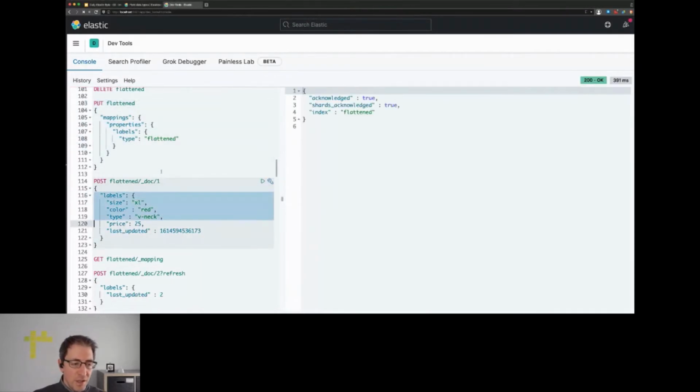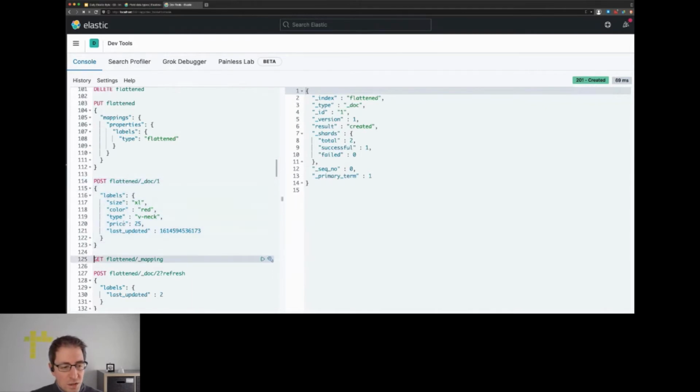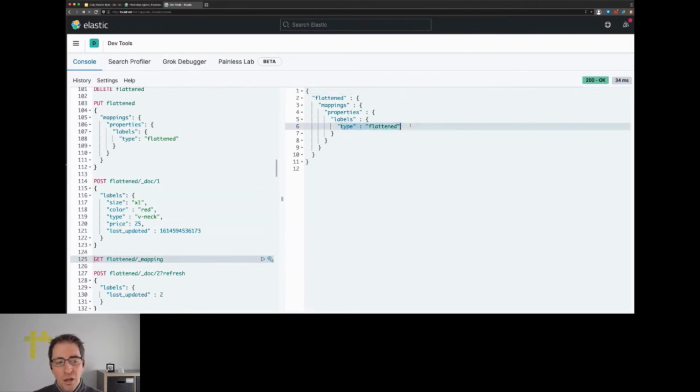And let's do something that we usually tell people is not a good idea, that we basically have a field that contains arbitrary key value pairs. Imagine that the next document would not contain size, color, and type, but width, height, and length. And so the user is basically able to choose the key names. Indexing this, and we take another look at the mapping. We see that there have not been automatically created new fields of this because everything here again falls under the flattened data type. So one thing that this already prevents is the so-called mapping explosion, that you end up with